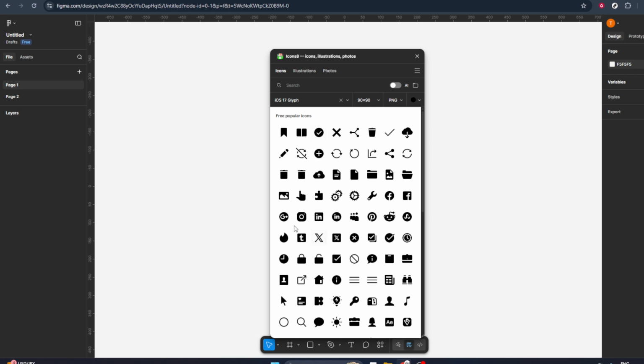These prompts will guide you through searching for specific icons, choosing styles, and inserting them into your canvas. Just read each instruction carefully, select the icons you want, and place them exactly